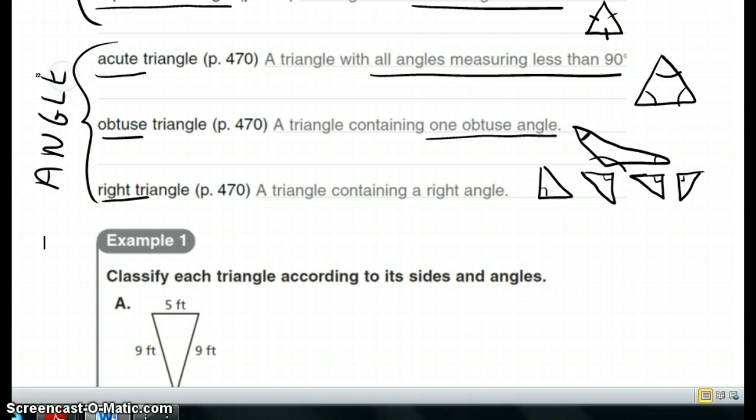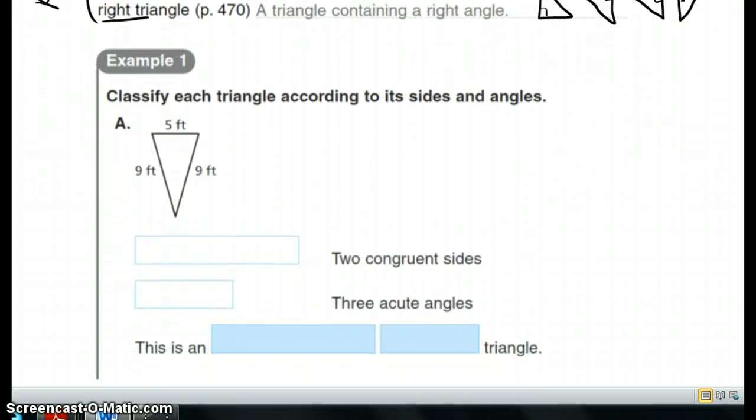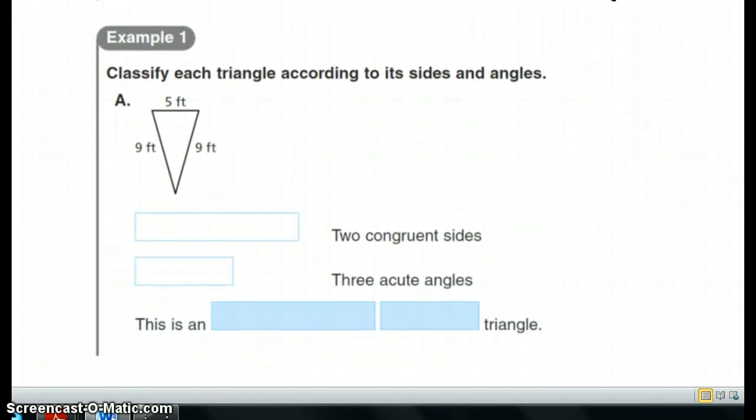So every triangle has two names. A name according to its angles and a name according to its sides. So let's look at our first triangle here. They've given us some measures to help us out. We have a 5-foot side, a 9-foot side, and another 9-foot side. So I have two congruent sides, so that has to be